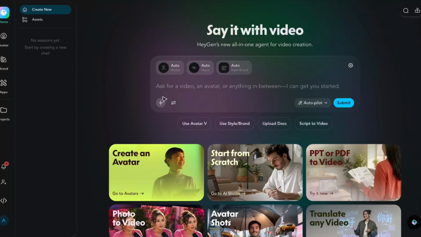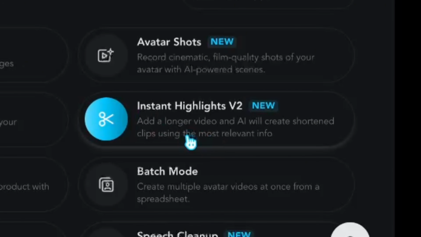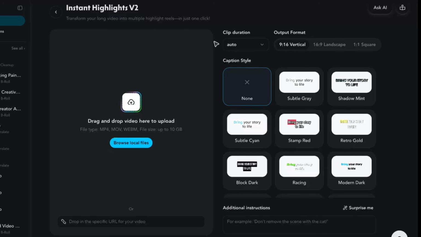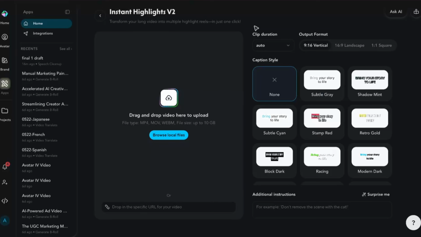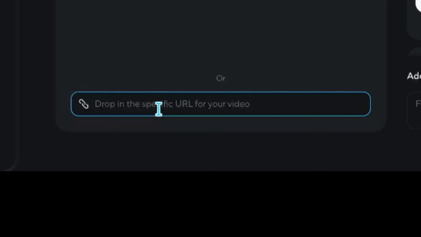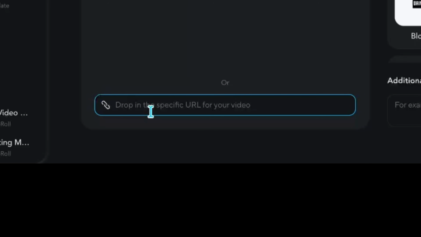First, to actually get to Instant Highlights, you wanna head over to the Apps tab, and then right here at the bottom right, you'll see Instant Highlights V2. Just click on it, and that'll bring you to this super intimidating and scary UI. No, I'm just kidding. It's actually super simple. The first thing you want to do is grab your video from wherever it is, whether it's a downloaded file or if it's already uploaded to YouTube or wherever else you uploaded it. You can either click here and select the file that you have, or you can paste in the URL for